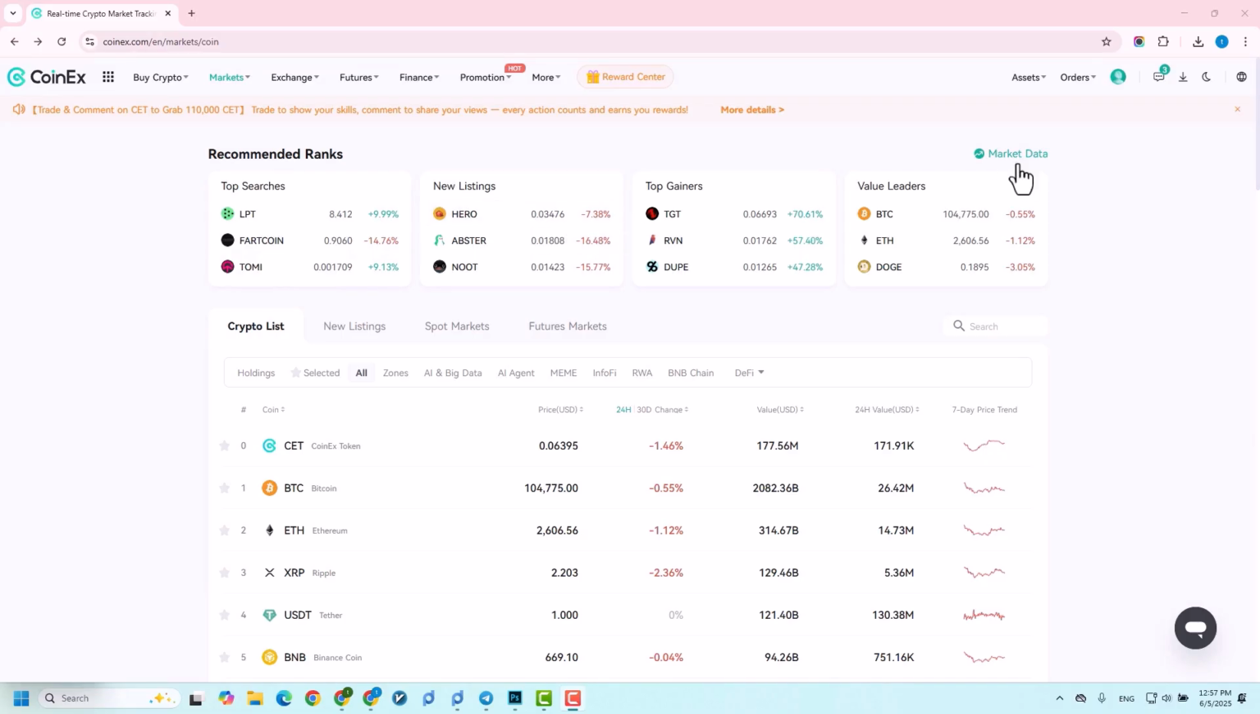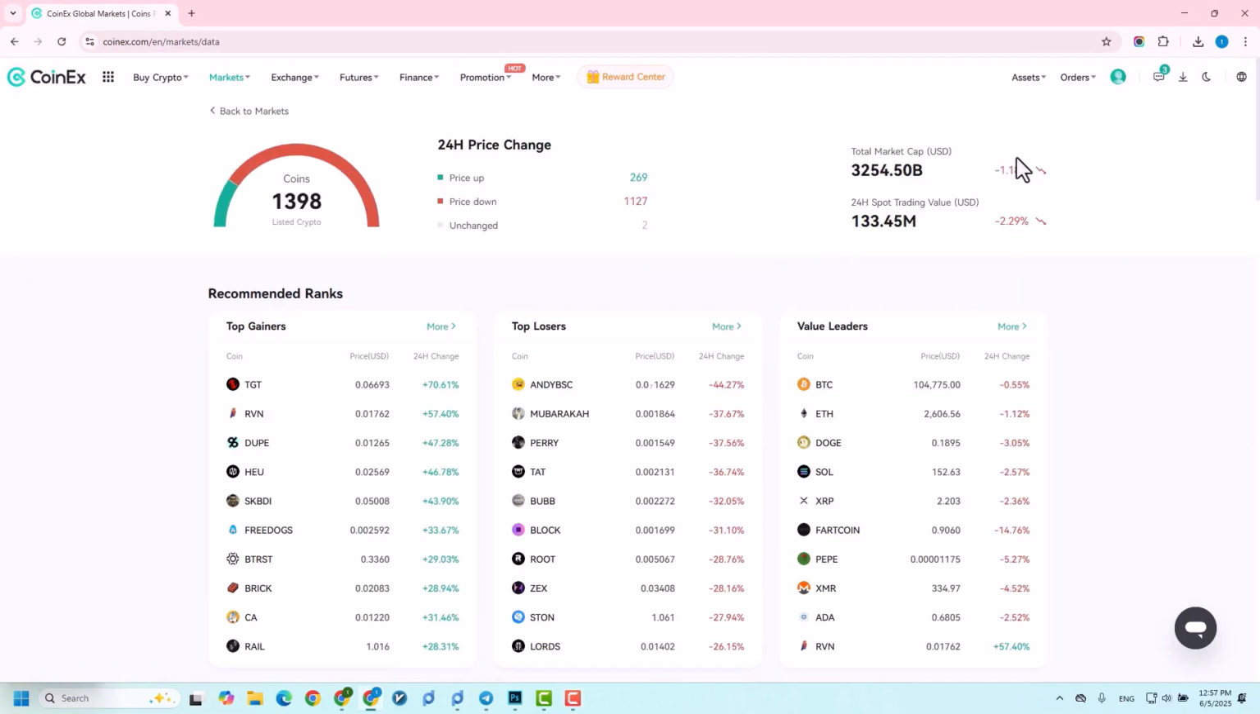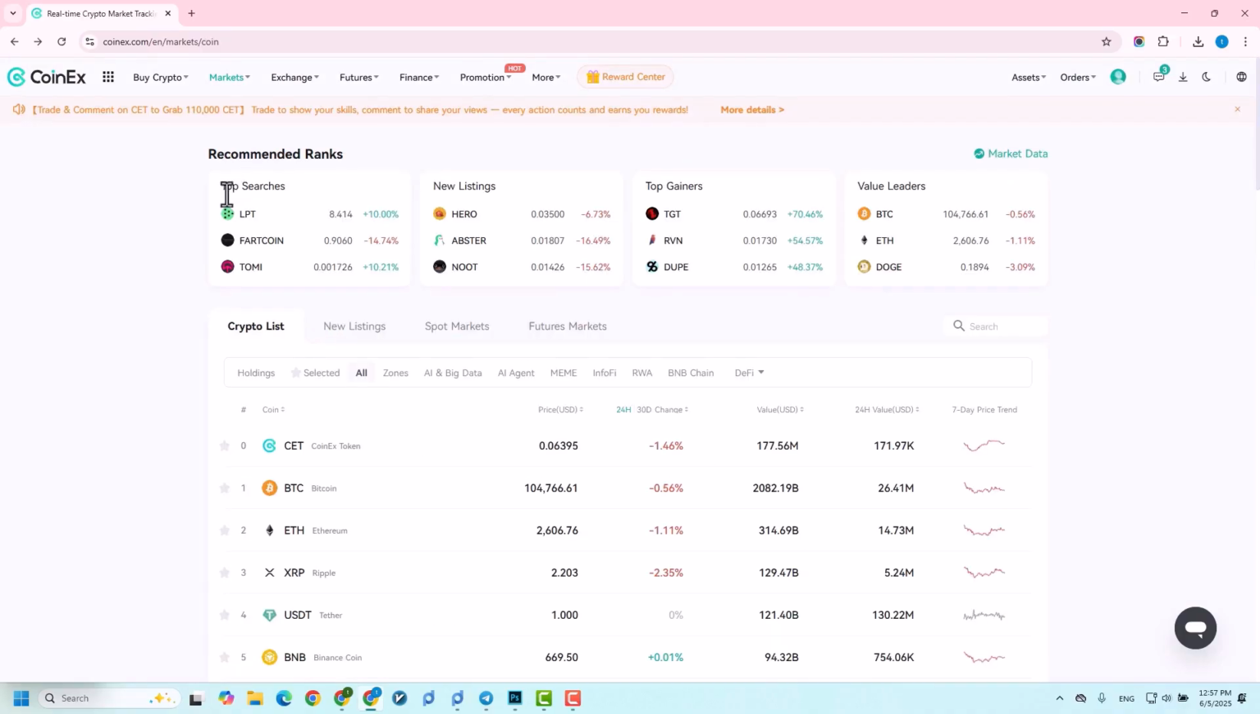In the market data section, you can review information such as the current price, 24-hour percentage changes, and the price movement trend for cryptocurrencies. In the top searches section, you can see the cryptocurrencies that have been searched for the most by traders. This data shows which projects the market is paying the most attention to. In the new listing section, you can see the cryptocurrencies that have recently been listed on the exchange, which are